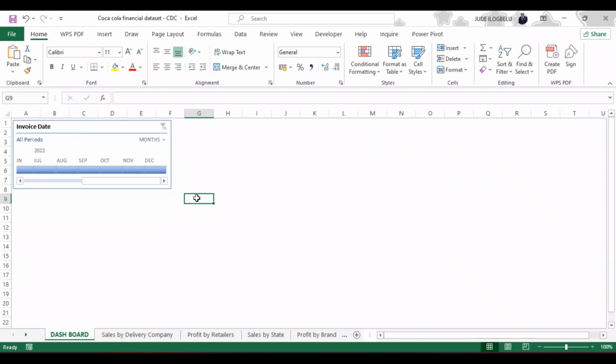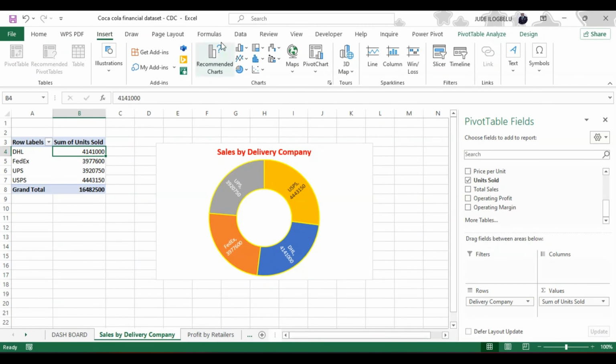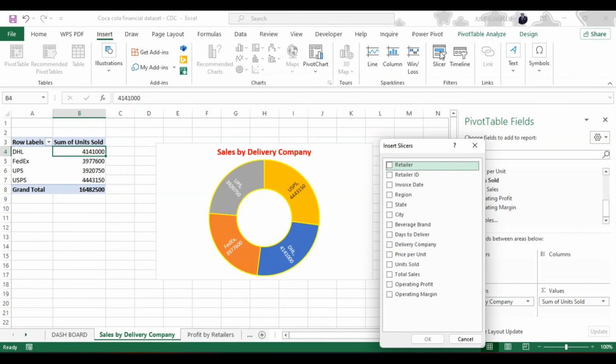So the next thing we're going to do, come back again to the delivery. We'll go to our slicer by following the same process. Go to insert, you now go to slicer, click on slicer, then the slicer will come up. What are those things that you need to put that will help to slice your work to reduce the bulkiness of your work? We can pick region,